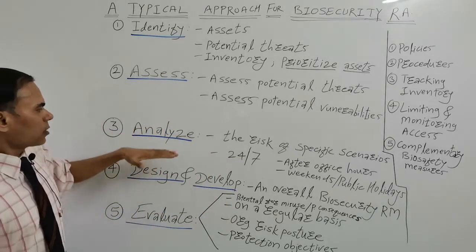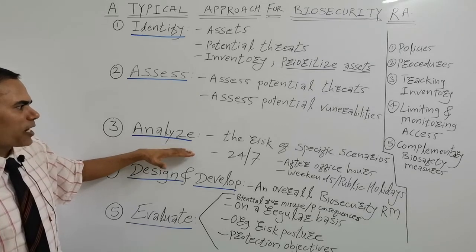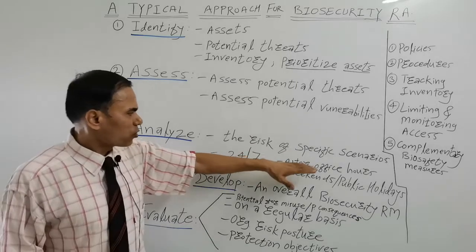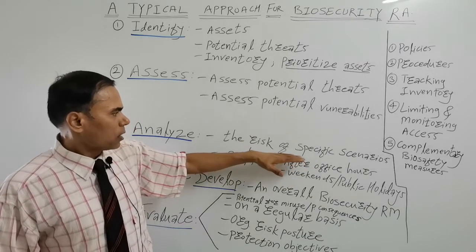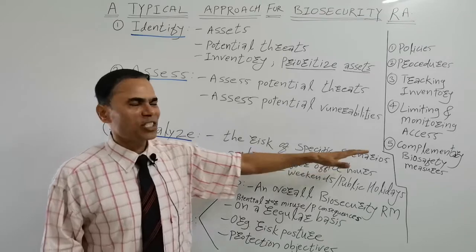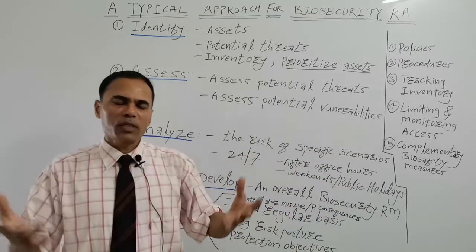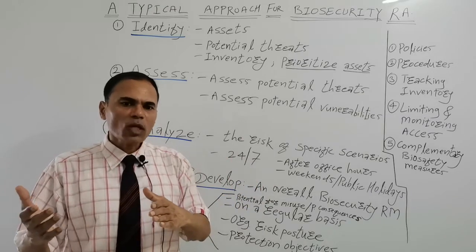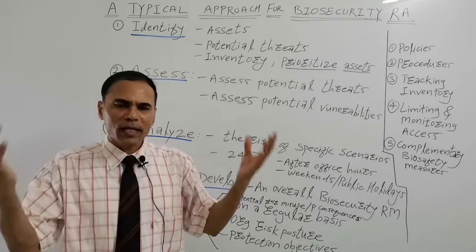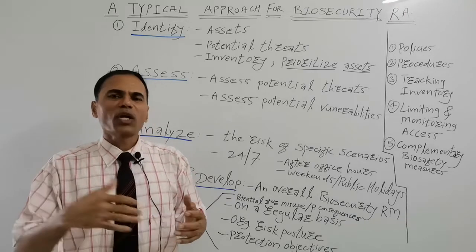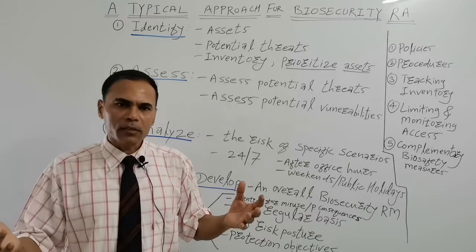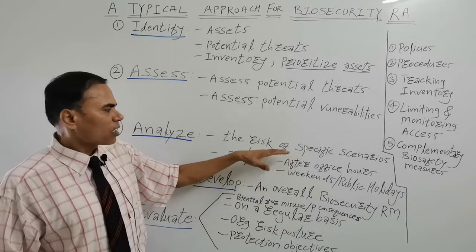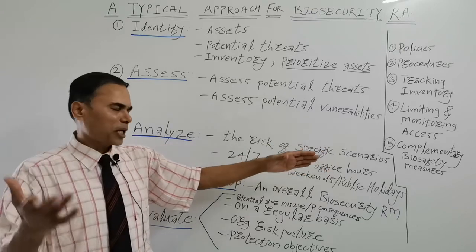Once this is done, then you can analyze. What do you have to analyze? By considering this whole picture, you can also analyze the risk of specific scenarios. For example, your labs may be open from 8 a.m. to 5 p.m. So what happens after office hours, or during weekends, or during public holidays? I'm just giving an example, but that type of risk of specific scenarios you can also consider,